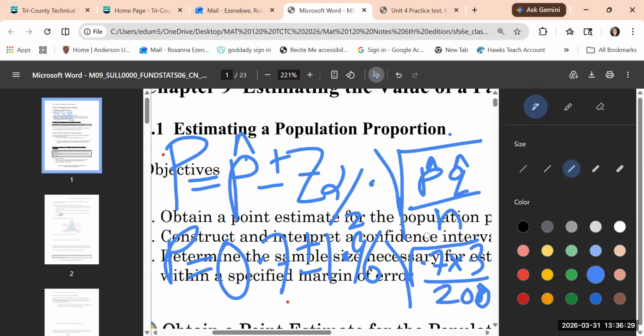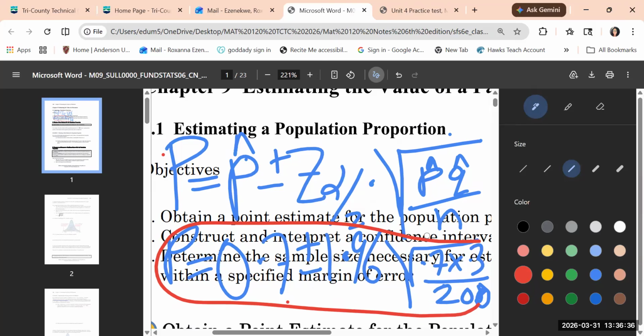You will solve this problem and get the correct answer, and your answer will be in percent. Remember, this is probability, so your answer must be in decimal or percent or fraction. You cannot have more than 1. If you have more than 1, then you fail the rule of probability. Proportion is probability, whether you're doing population proportion or sample proportion. So your answer must be in